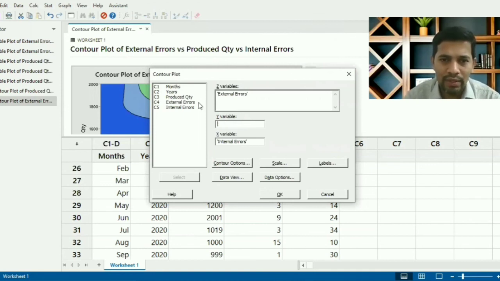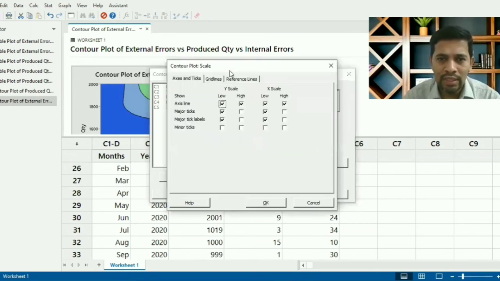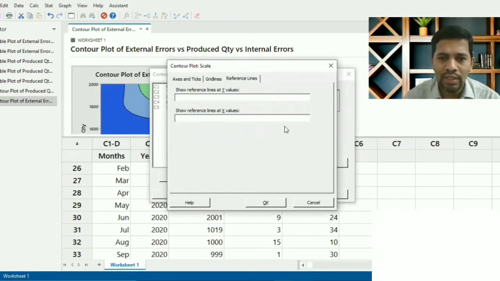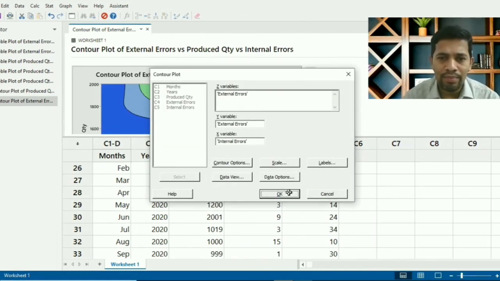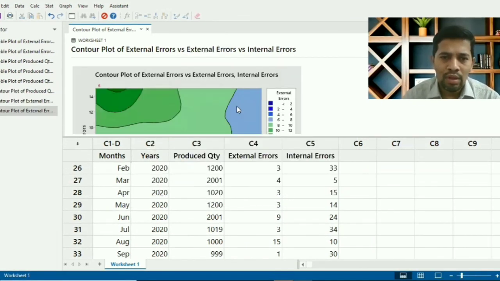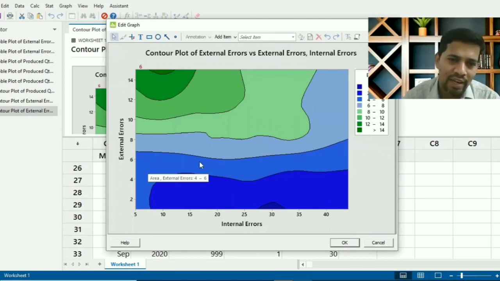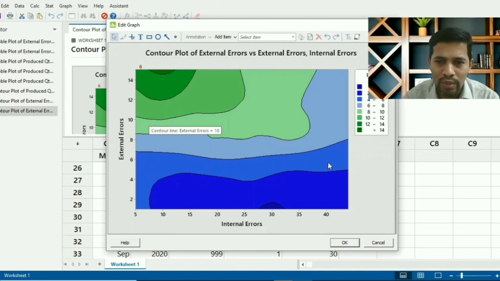Let me go to external errors and you have a scale, and let's say x is something like target 6, can give okay. So this line is not visible here, but this also you can set the target as well, and you can just monitor from there as well.